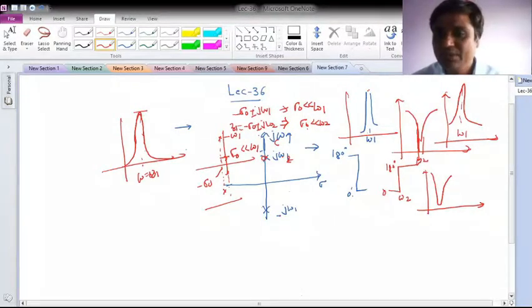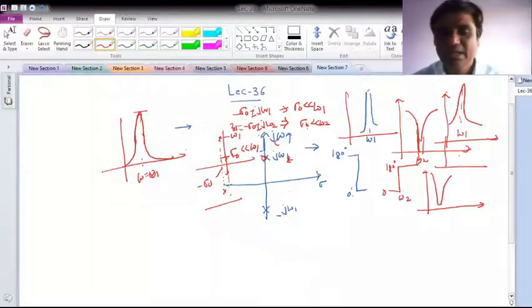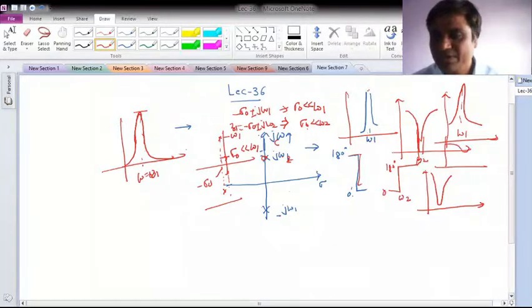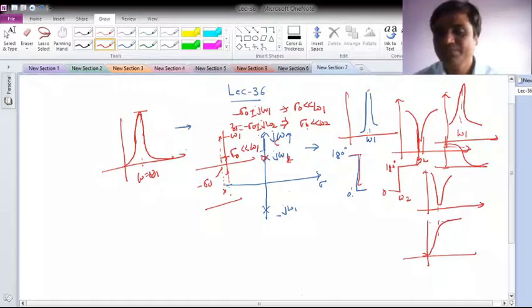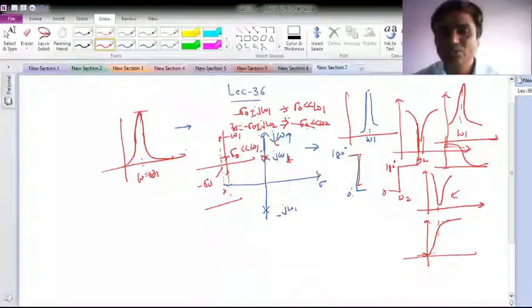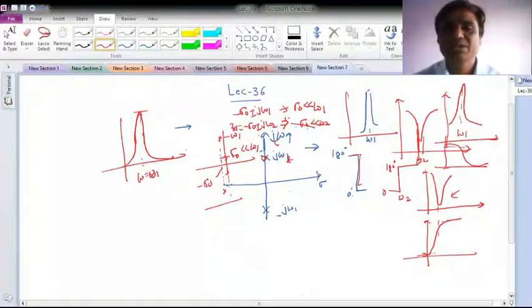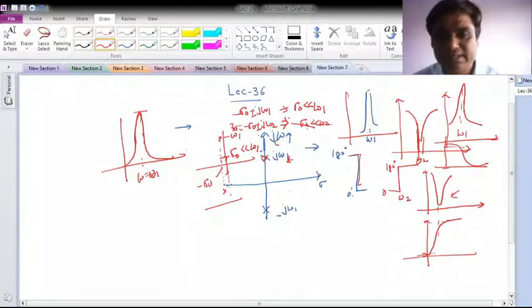And what will happen with the phase shift? There will not be an exact 180 degree phase shift, but there will be an approximate phase shift of minus 180 degree for the poles. For the zeros at omega 2, there will be an approximately plus 180 degree phase shift, if the condition is that the zero is at minus sigma 0 plus j omega 2, where sigma 0 is very much less than omega 2. This way we have seen.